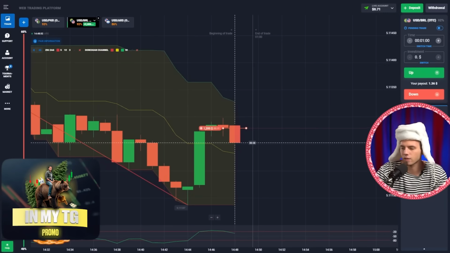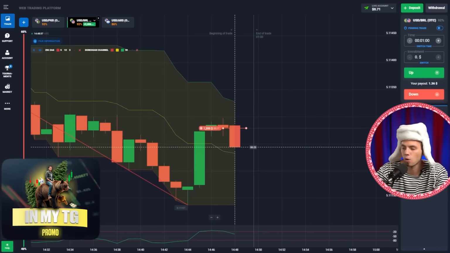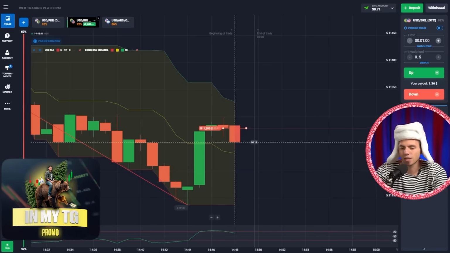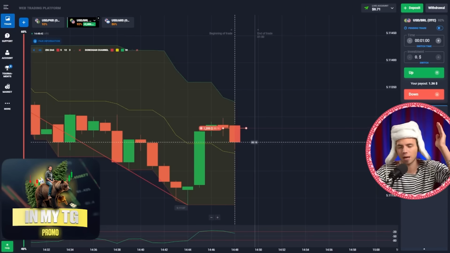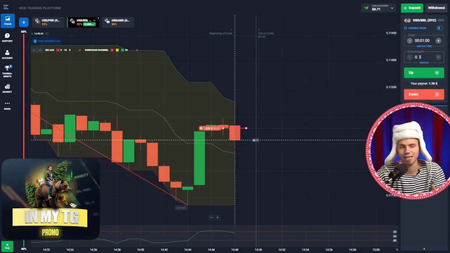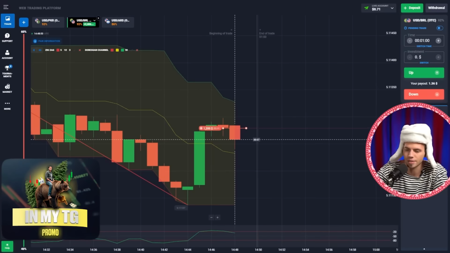So here, as we can see, after the breakdown we are sideways and the oscillator is overbought. So we are waiting for lower, okay? Once we see a huge move up, there will be a move down. Those are the basic rules, okay, guys? Keep them in mind, please. Here, pretty obvious. Another situation again.